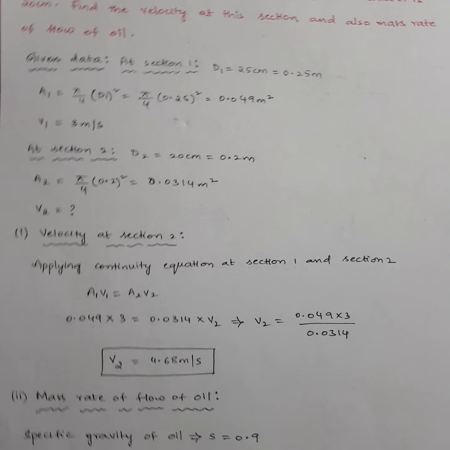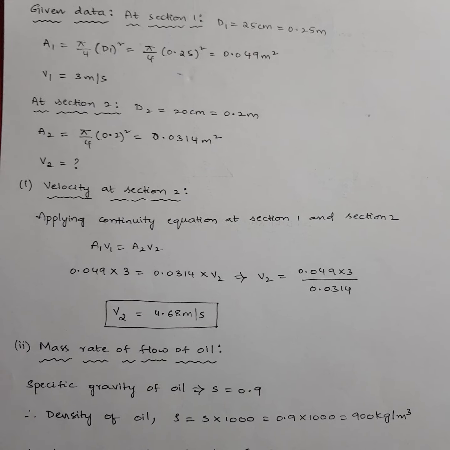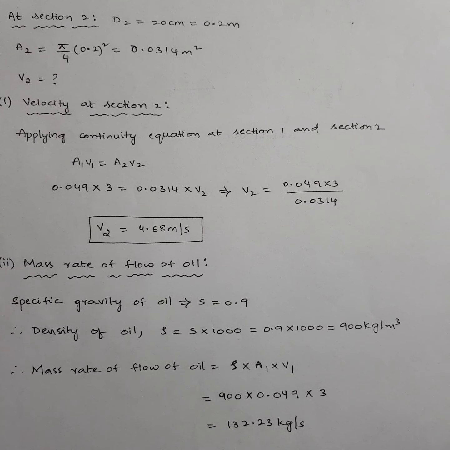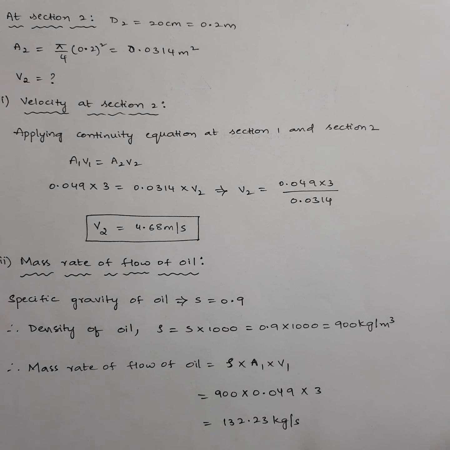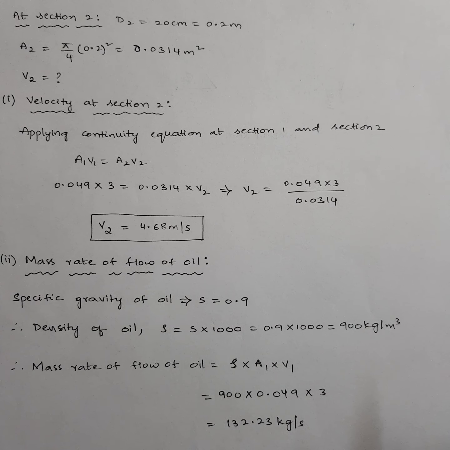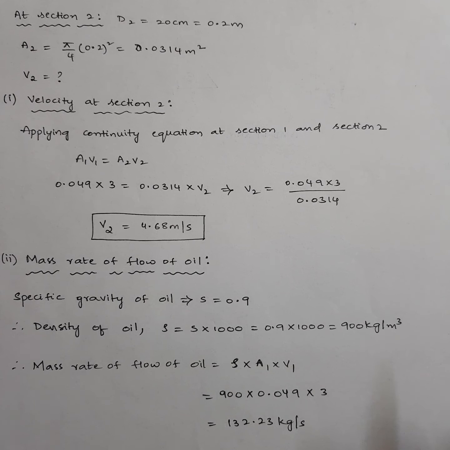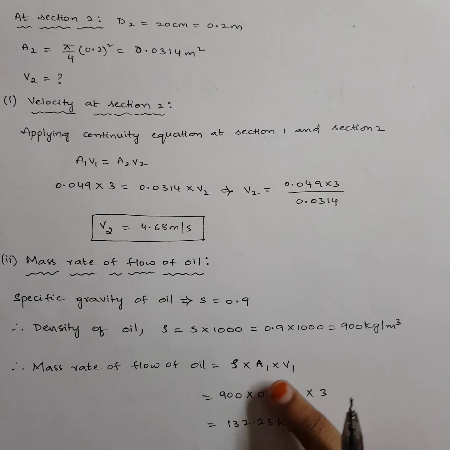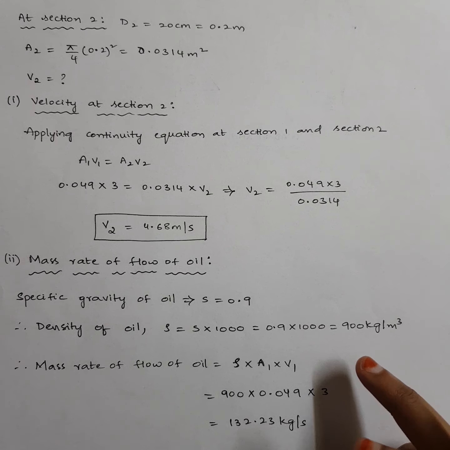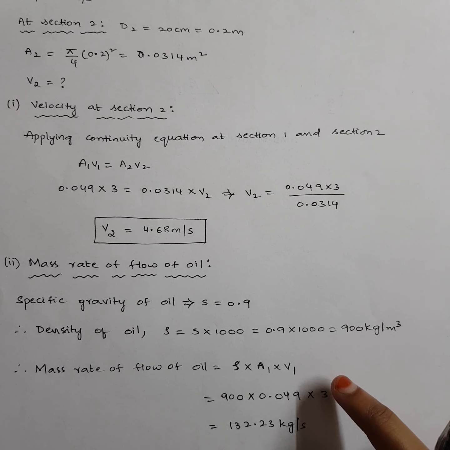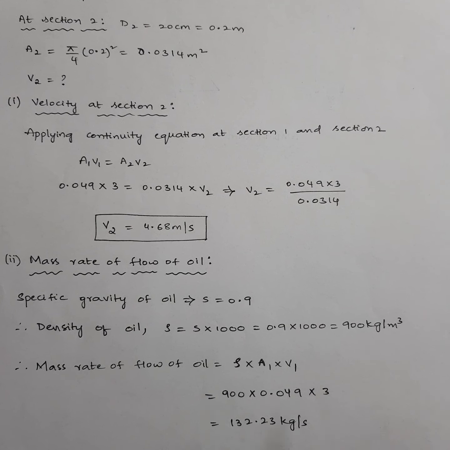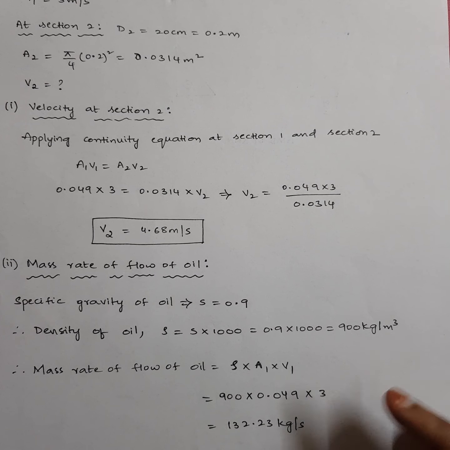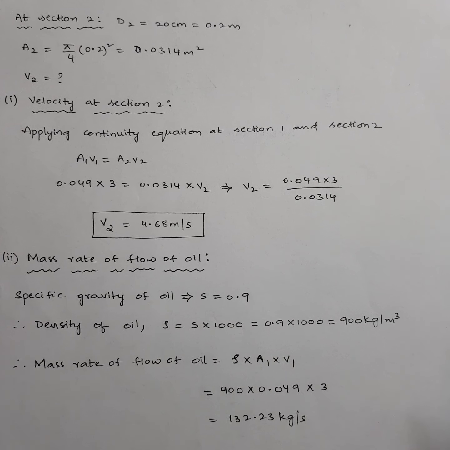Next, in continuation with this, he asked us to calculate mass rate of oil. Mass rate of oil is nothing but mass inflow, which I have told you during the derivation. It is the mass of the fluid flowing per second, which is rho into A into V, or rho Q. Okay, so the formula is rho into A into V. You can calculate mass rate of oil at any section. You can write rho A2 V2 or rho A1 V1. Why? Because our continuity equation says that rho A1 V1 should be equal to rho A2 V2.